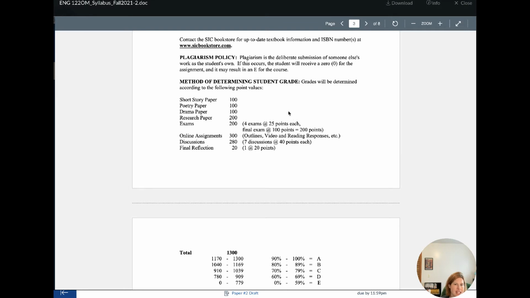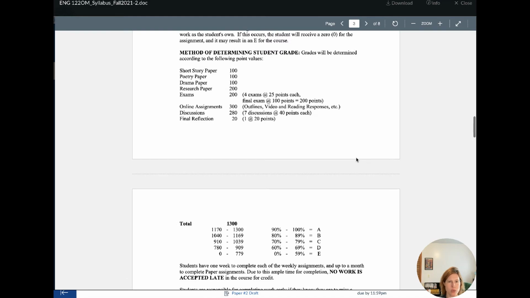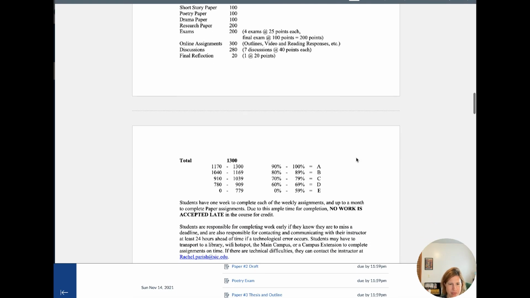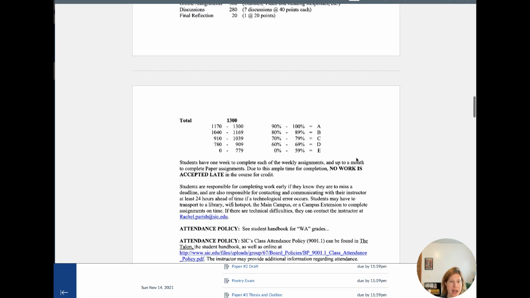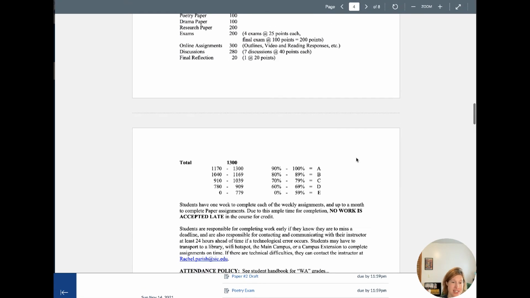So the reason I give so many assignments and have so many points is that, occasionally if you're sick a week, and especially with COVID going on, if you're sick for a week and you miss out on an assignment, it's not going to be the end of the world, right? Now, your papers, definitely turn your papers in because the paper grades, since there's so many points, your papers need to be turned in, but the other assignments, you have a little wiggle room. So if you don't feel good or something happens, then you've got some wiggle room to still get an A in the class.